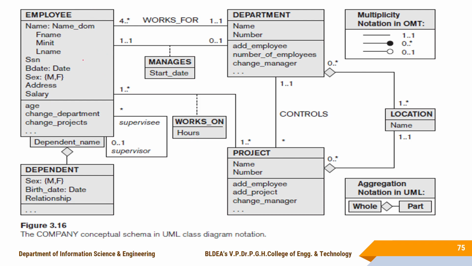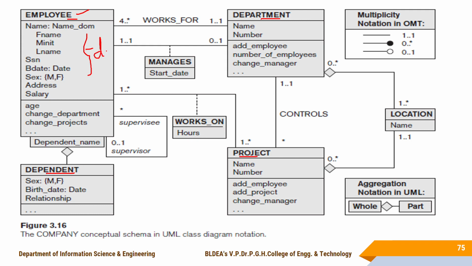So now the names of the classes: employee, which was an entity type, we now use as a class name here, and department class name, and project class name. Okay, and next is the dependent class name. Usually in an ER diagram you use the term entity types here. Now we are using the term class names. And here are the attributes. Name, okay, all the attributes.